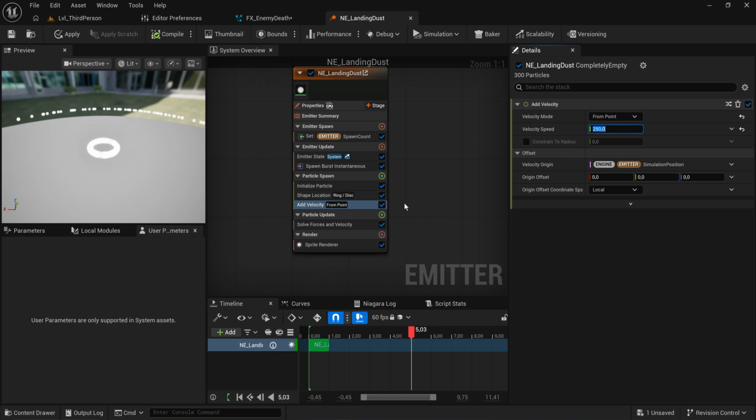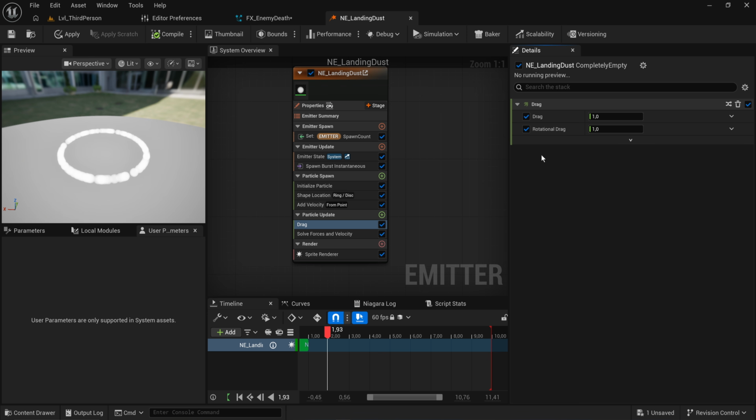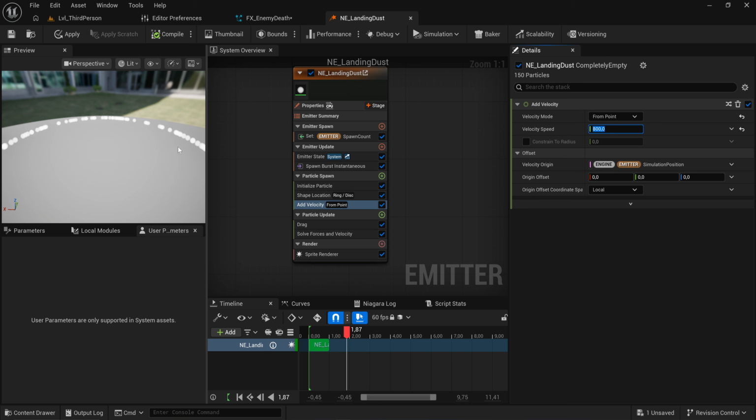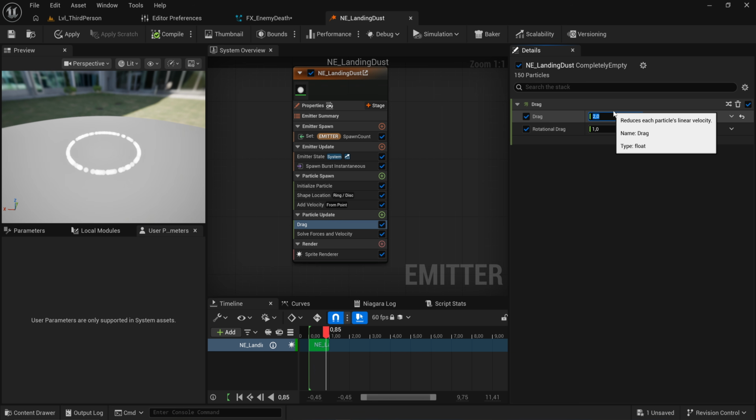And here we get into the balance of velocity and drag. Because now in particle update, I'm going to be adding in drag of my own. And that is split into rotational drag and positional drag. And you can see that it doesn't really go as far. So I go back into velocity and say, well, maybe I want this to be like 800 in velocity. And that is way too much suddenly, right? Going back into drag, setting this to 2, we get a very powerful initial impulse, but then also it doesn't